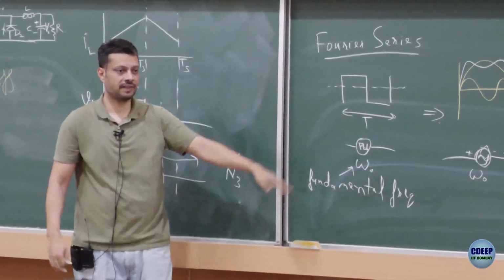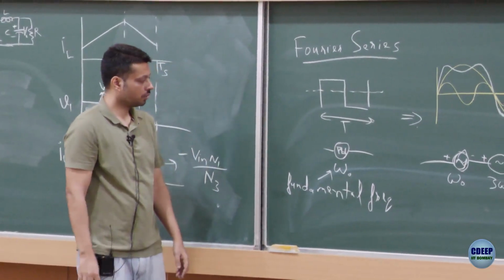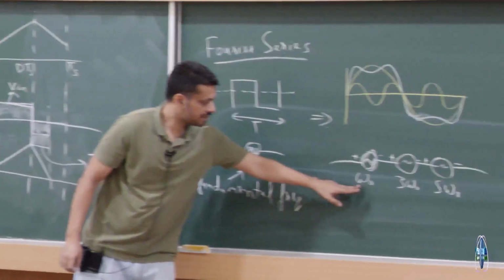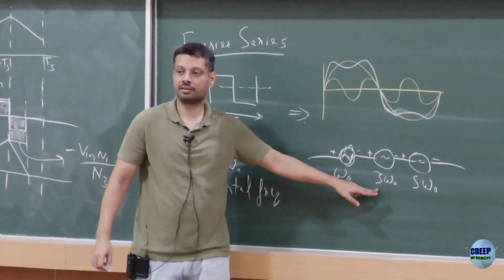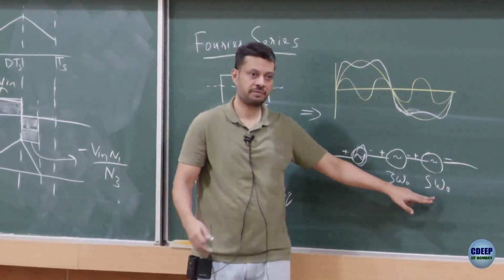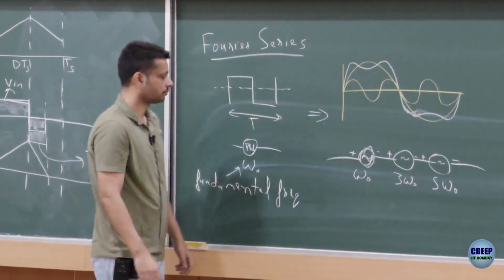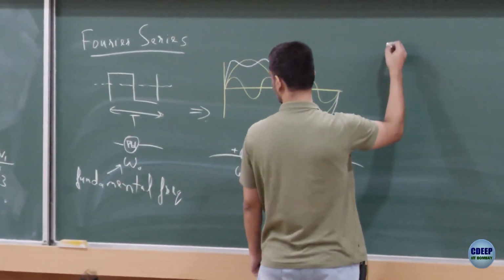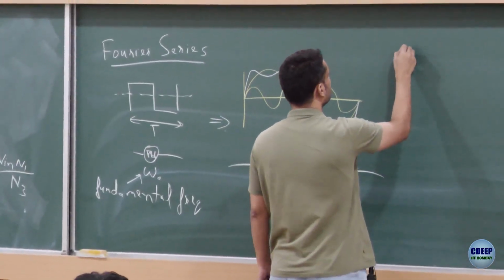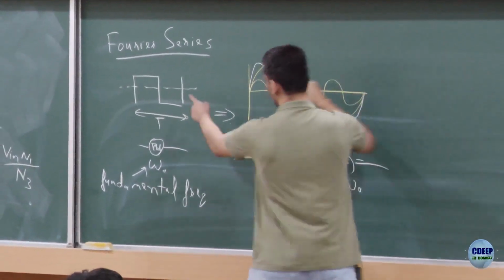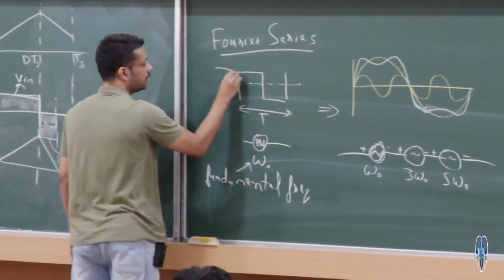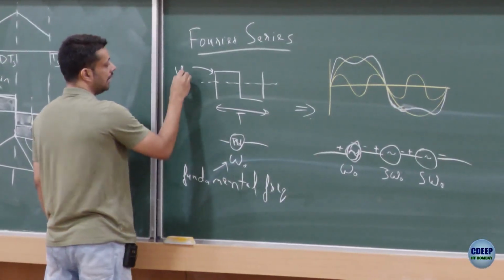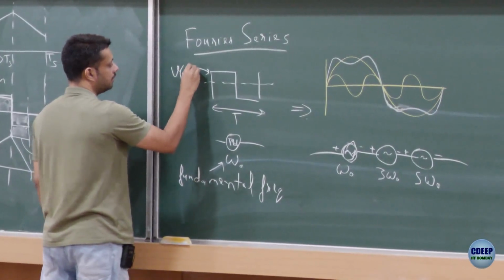Right, this you all know. I am just revising what you already know, more in the context of power. So fundamental frequency, third harmonic 3 times, fifth harmonic 5 times, right? Let's write down the formulae also, and somebody has to help me with that. If my waveform is, let's say, V voltage as a function of omega t, right?